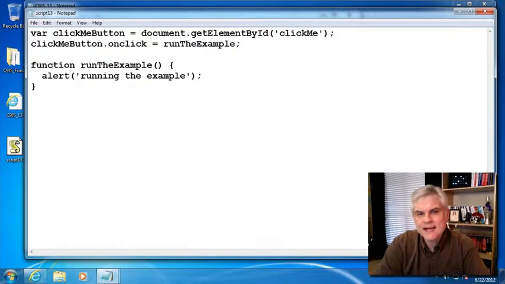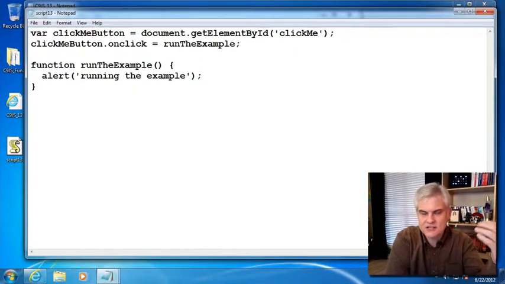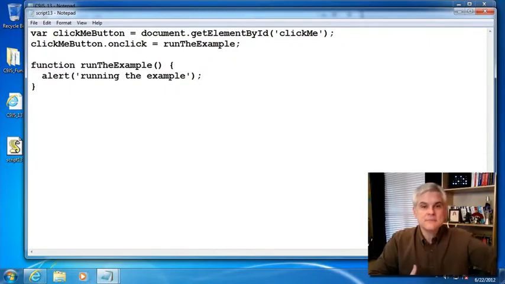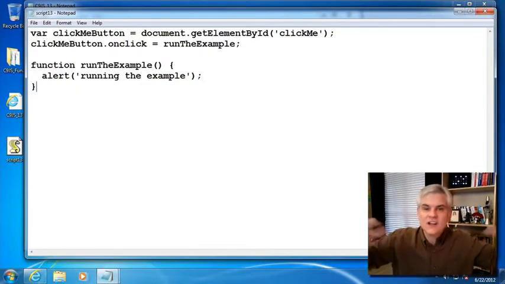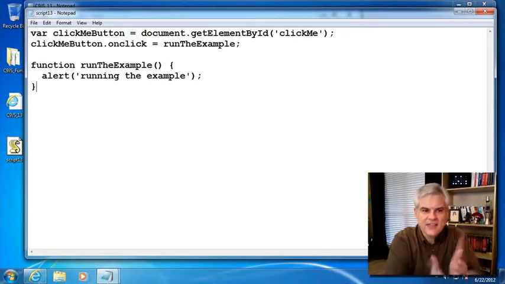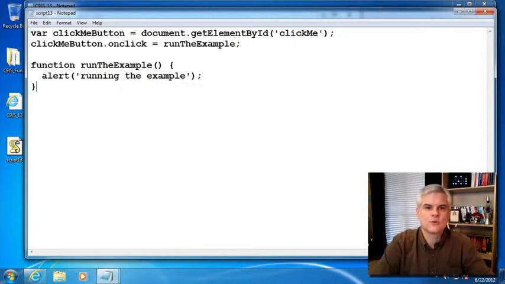And the window.onload event is raised once the entire web page has been loaded, not just once the DOM has finished being constructed, but also once all images and videos and flash files and what have you that the web page is referencing, after all of that has been successfully downloaded, there's nothing else to download, then the window.onload event will fire. All right, so we're going to see a little bit why this is a problem,